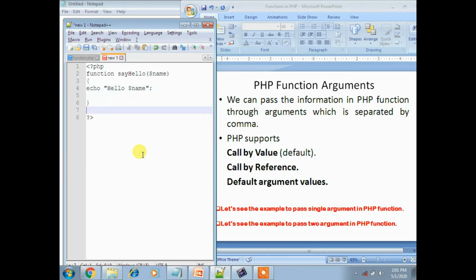Now we created that, but where is the value we have to pass? For that, call the function name, sayHello, and then the names.